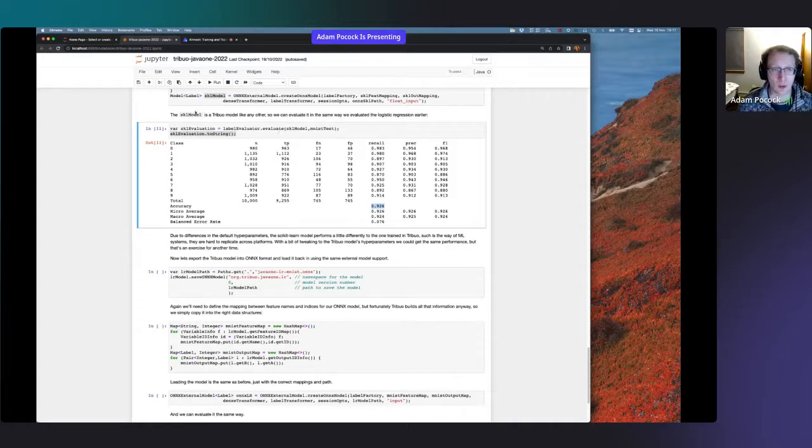So we managed to load in that model. We can evaluate it, and it behaves like other Tribuo models, but it was originally trained in Python. So that's pretty useful. We're also just going to briefly run through how we export the Tribuo model. We just call save on it. You have to give a few extra fields of metadata. They need a namespace and a version, and then the path that we're going to write this out to.